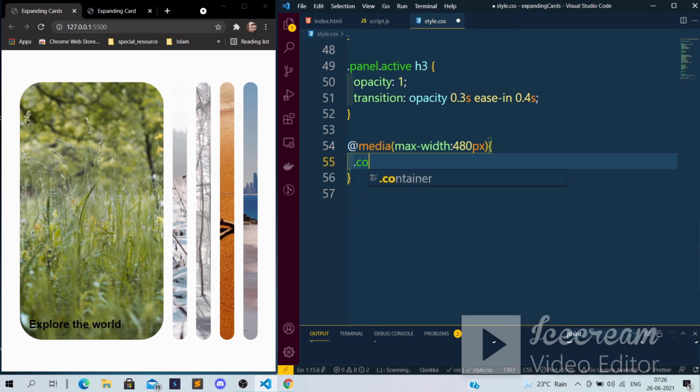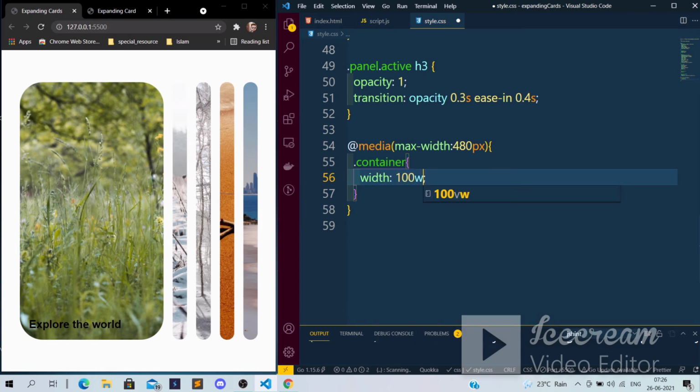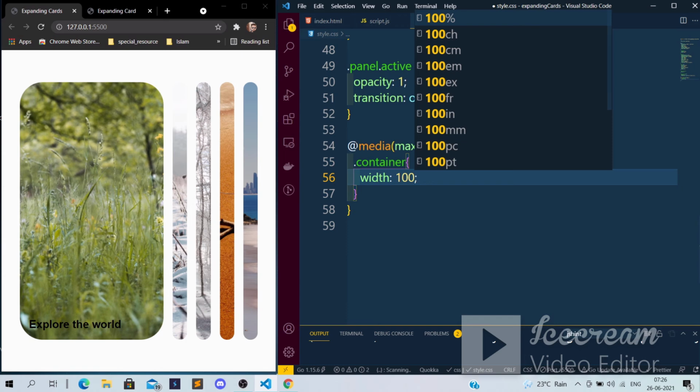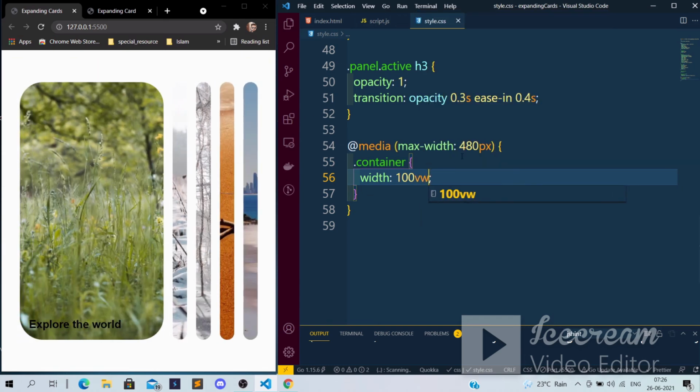I just want to set the width of the container to 100 view width. So if the max width is 480 pixel, I just want the container to be 100 view width. Basically, if the max width is 480 pixel, I want the container to take the whole width, meaning 100 view width. Okay,